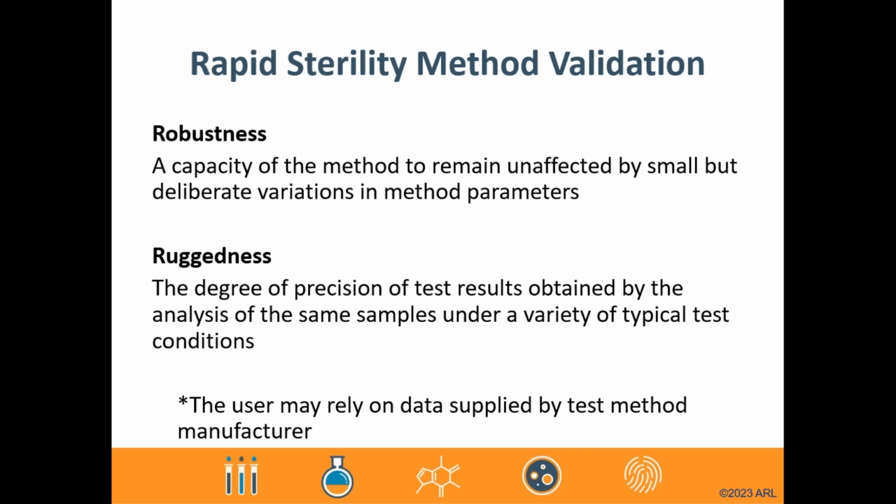Robustness is defined as the capacity of a method to remain unaffected by small but deliberate variations in method parameters. Those method parameters can be reagent volume, incubation time, ambient temperature, and so on. Slight variation to those parameters provide an indication of the reliability of the method, as well as the equipment during